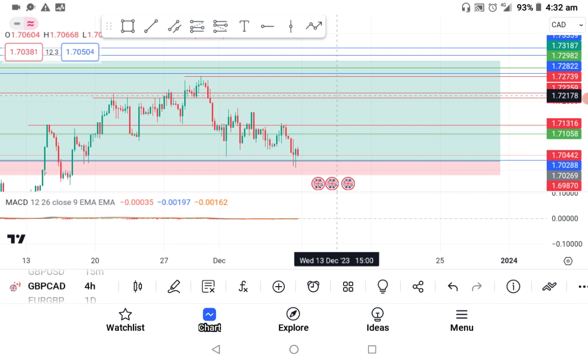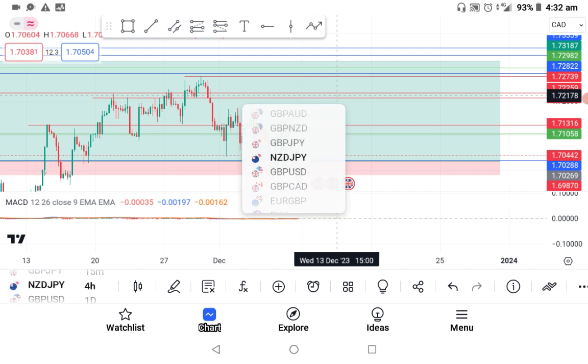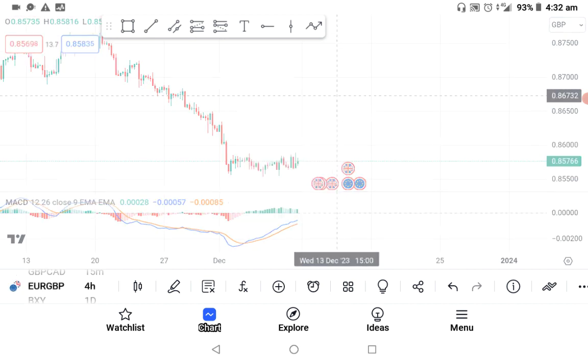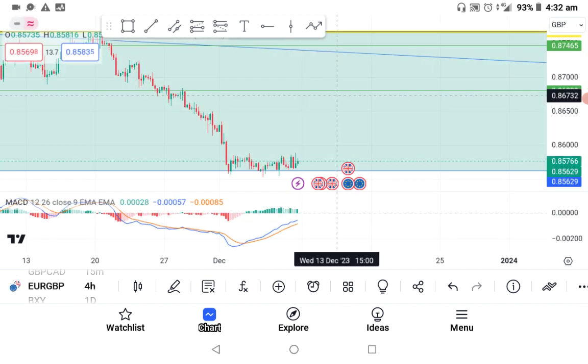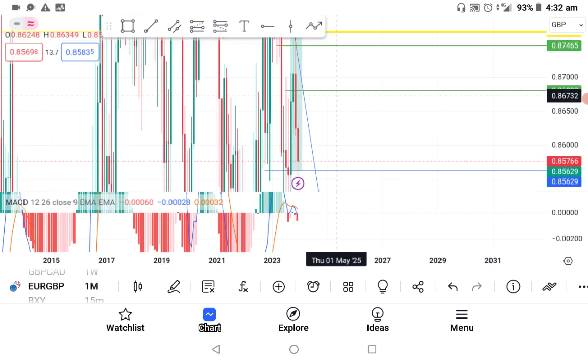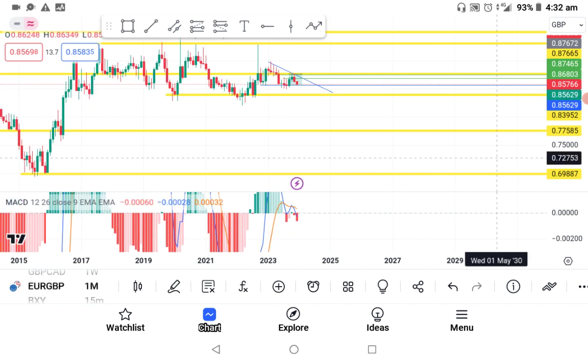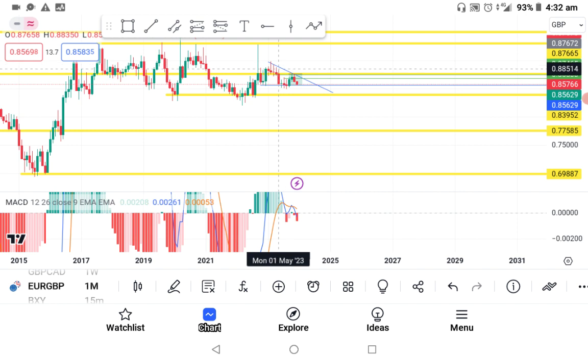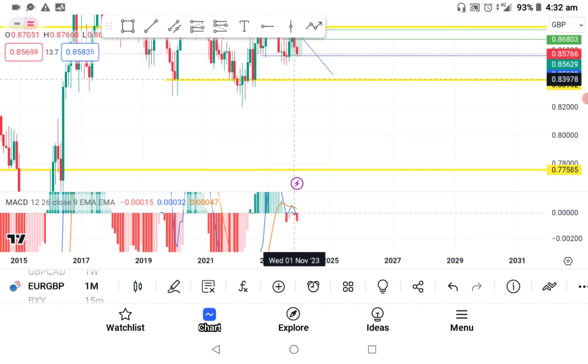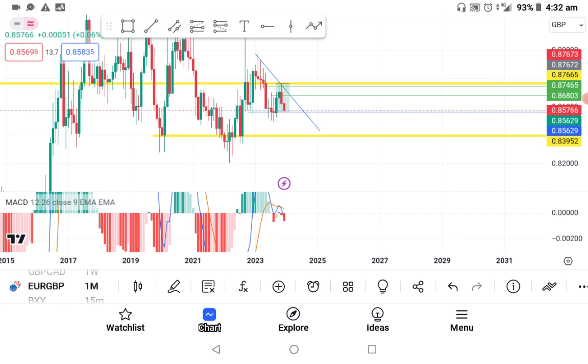So more on the Great British Pound. So Euro, Great British Pound. Start with the monthly time frame. On the monthly time frame, our instinct is to sell because we know the Great British Pound is strong. Now on the support and resistance line for the monthly time frame, which is this yellow line, you could see it's trading below the resistance line. So it goes with our signal to sell. So this month, this opportunity here throughout this month,